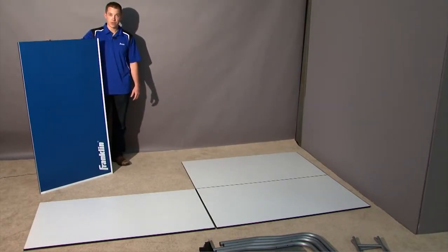After the components have all been laid out, the next step is to line up the 4 quadrants of your table tennis table. This is very important because this assures that the rest of your install will go